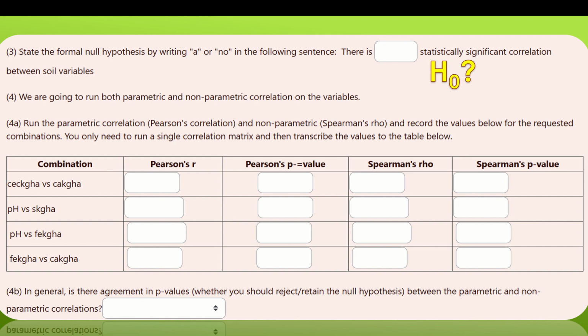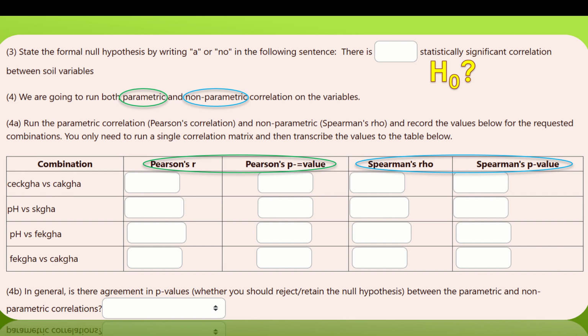With the correlation, the null hypothesis is that there is no correlation between our variables. It's only when we reject that that we're going to find that we do have a significant correlation. For correlation, we're going to be running both the parametric and non-parametric correlation metrics for this data. So you're going to be basically filling out this table here, entering the Pearson's R correlation coefficient